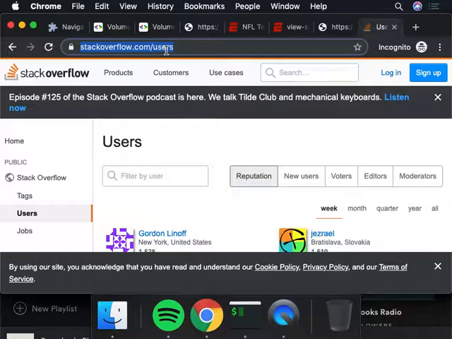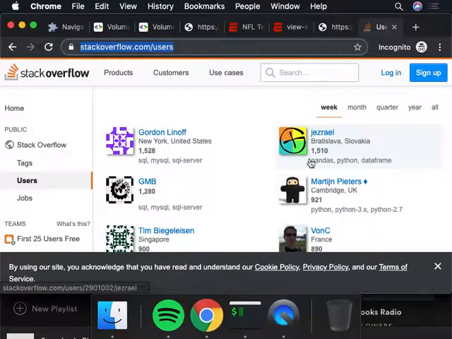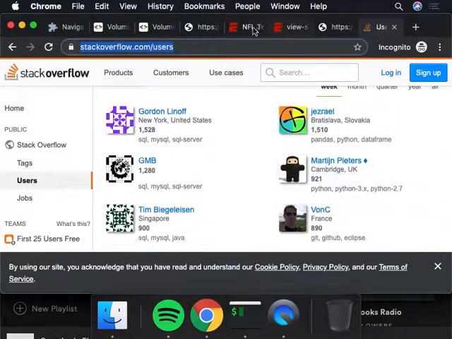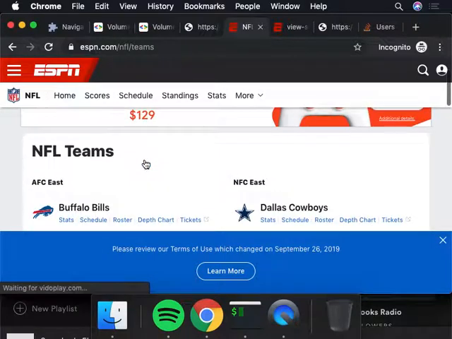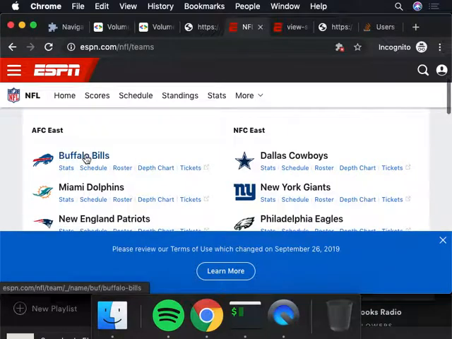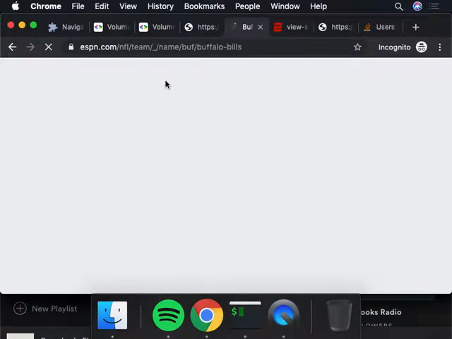And there's two different types of things we can ask for online. Either we can ask for the collection. Show me all of the users, right? Show me all the teams, NFL teams, and down here are all the NFL teams. Or we can ask for a specific item. So just tell me the Buffalo Bills, okay?